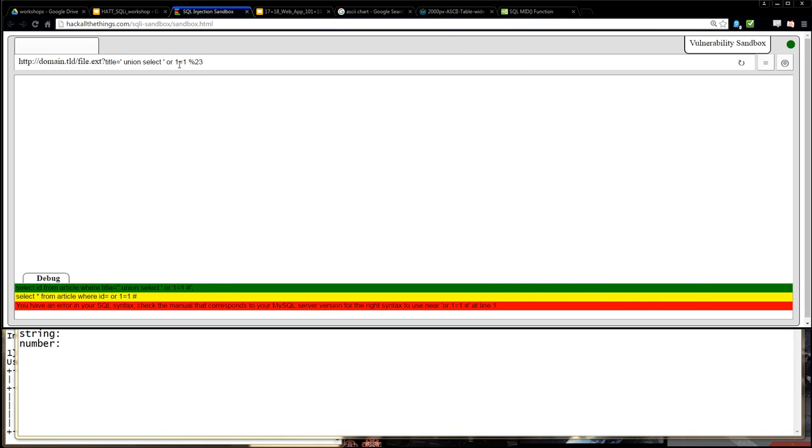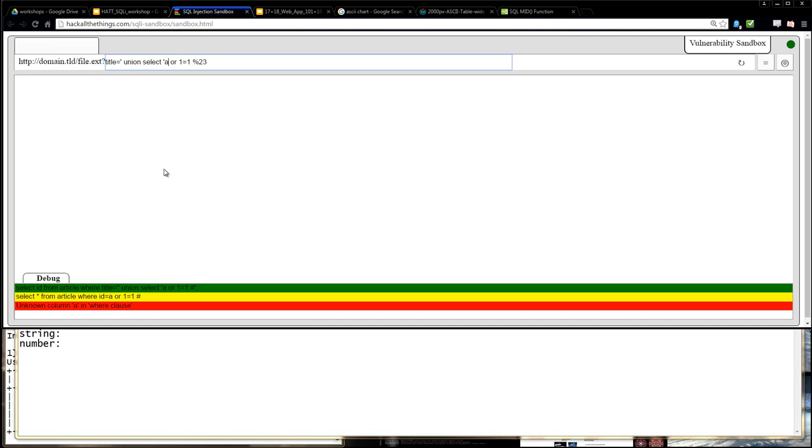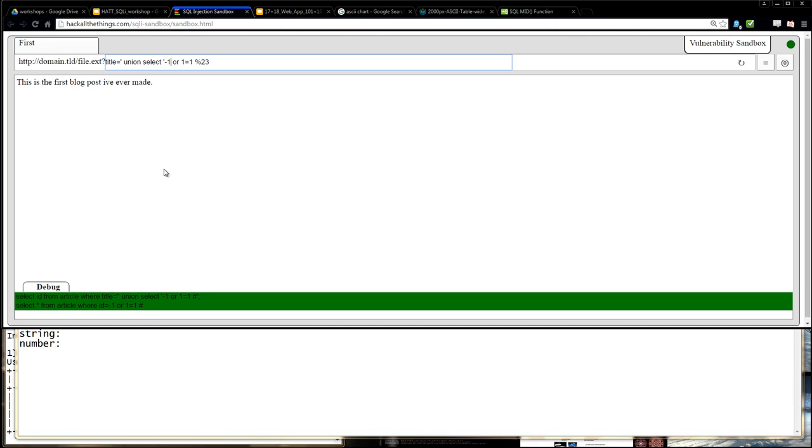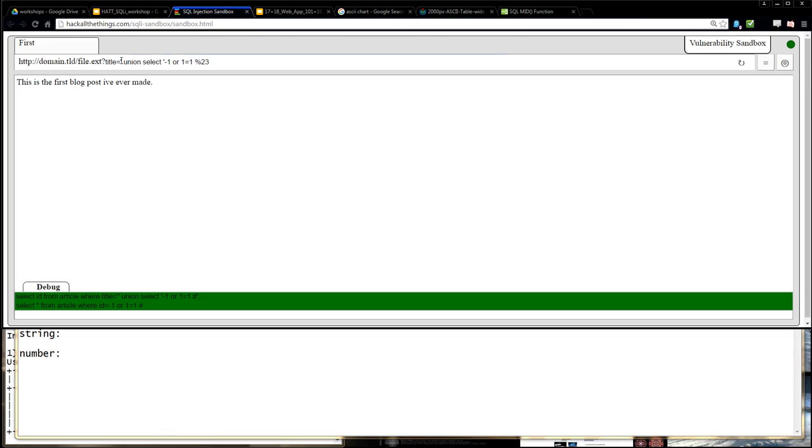You want to try it like that. This is assuming that the second vector is taking in some number input or some string input. So again, you want to test it with, say, a -1, and you can also test it with a string. So you want to test both